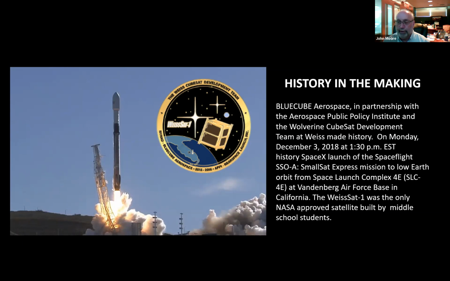But more importantly on this slide is Kevin is from Florida. And for teachers that think that pre-college students cannot do it, his school, the Weiss Academy, with Kevin's direction, built and launched a real CubeSat. So that was achieved, and as it says, history in the making. They were the first middle school in America to accomplish that goal. There are a few other high schools in the US that have launched real CubeSats as well. So it's beginning, so it is possible, and that's high level stuff.